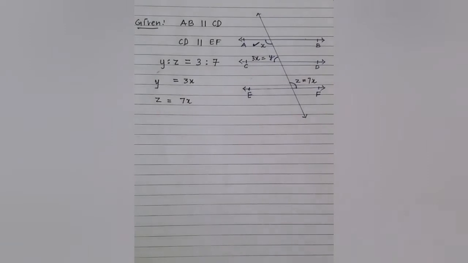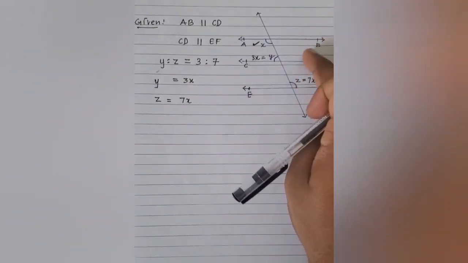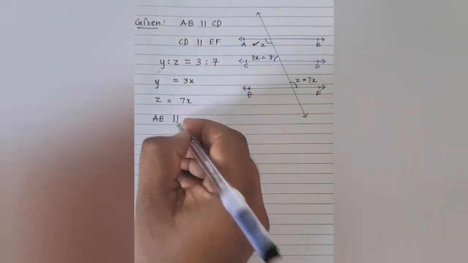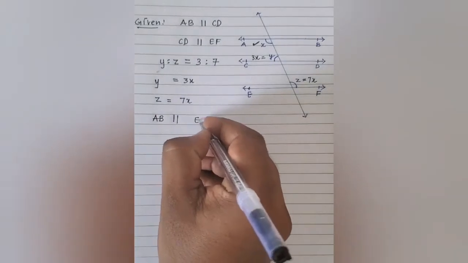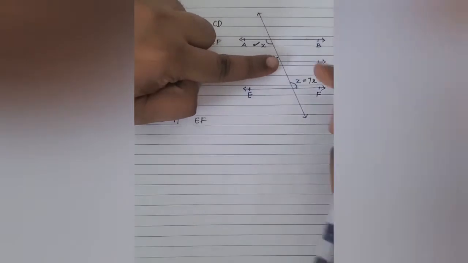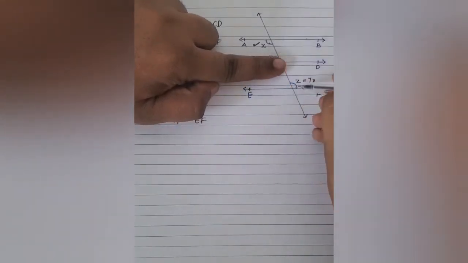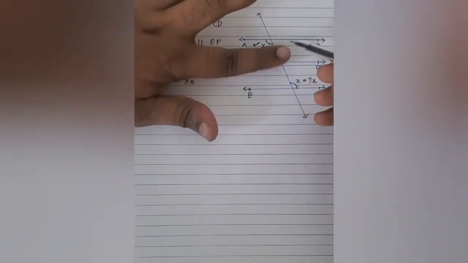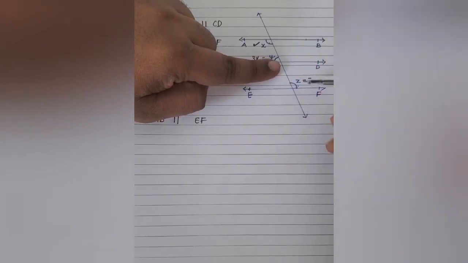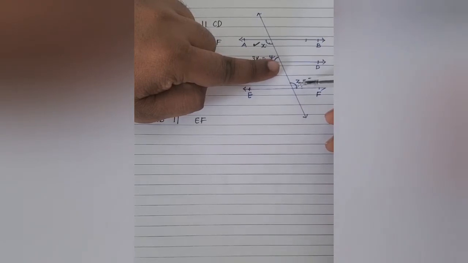Now, if you could observe, as I mentioned, that these three lines are parallel to one another. So that means AB is parallel to EF, right? And if I look at it that way and overlook CD, so don't look at CD, okay? So what I can say is that these two angles, if I don't look at CD and I consider that AB and EF are parallel lines, would be equal.